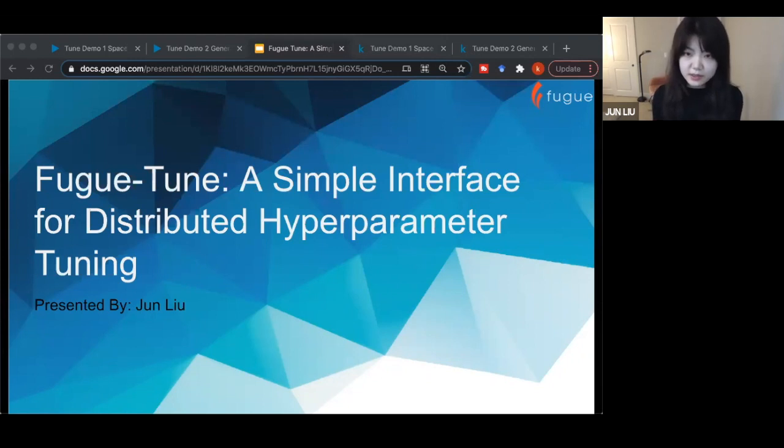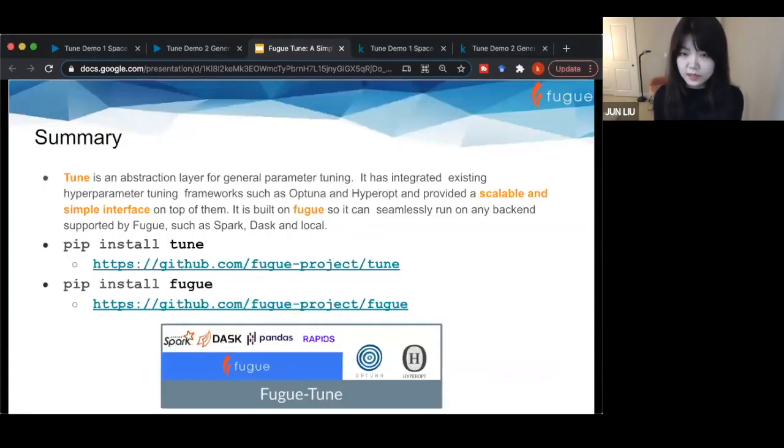Today I want to talk about Fugue-tune, a simple interface for distributed hyperparameter tuning. Tune is an abstraction layer for general hyperparameter tuning. It has integrated existing hyperparameter tuning frameworks such as Optuna and Hyperopt, and provided a scalable and simple interface on